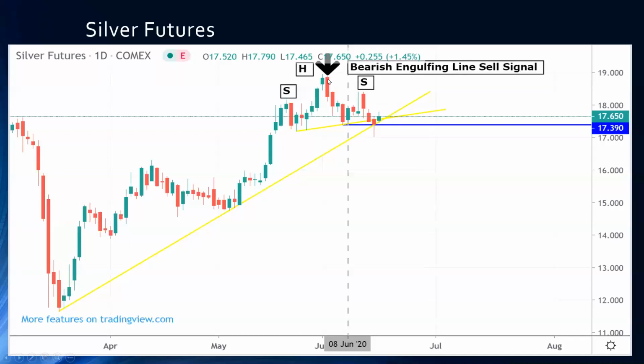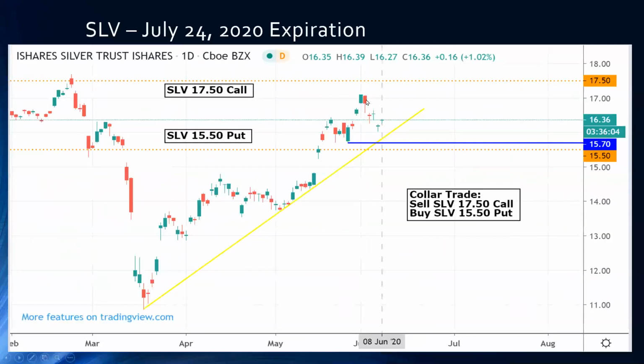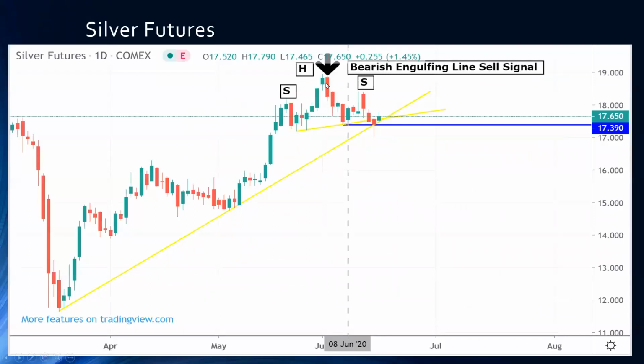That's this big down day right here, which also ironically was the same time that it topped out here in the ETF. So on the day when I looked at the ETF, I looked at the silver and there wasn't a head and shoulders yet. It was just a bearish engulfing line. Then I looked at it today and, oh my gosh, I haven't looked at silver since then. It turned out to be a full-blown head and shoulders pattern, with this being the shoulder, and the past couple of days coming right down to this upward sloping support line holding up the silver market.